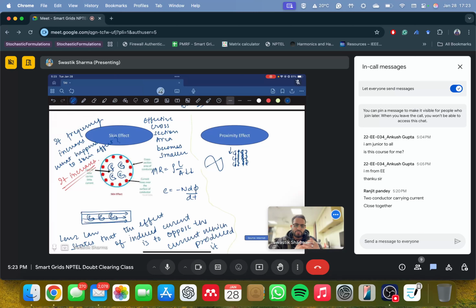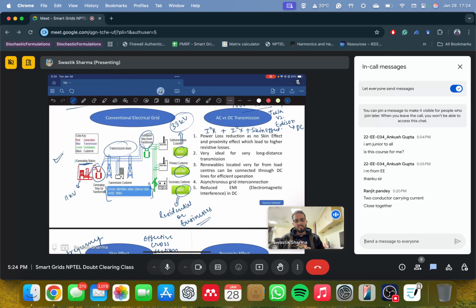Now when this amount of push happens, the effective resistance that it was witnessing while flowing through the conductor increases, because it's now experiencing another constriction due to the proximity effect from another current carrying conductor placed nearby, right? So it faces more resistance, more constriction, lesser area to flow by. Due to this, it experiences more resistance, and the flow is less, which leads to higher I square R losses.